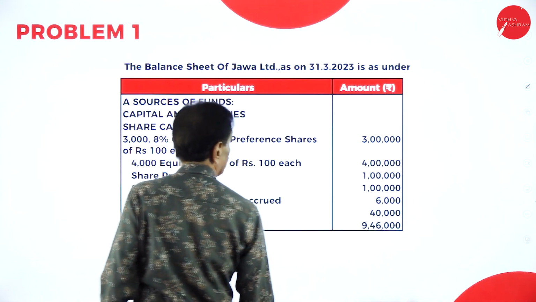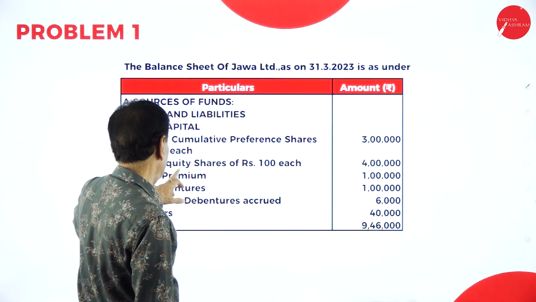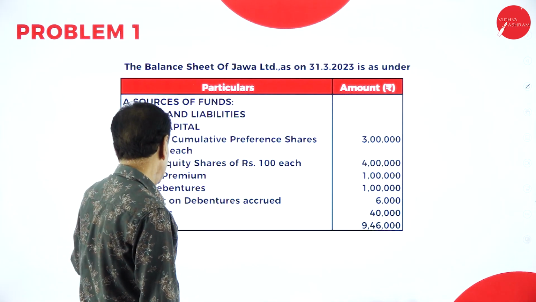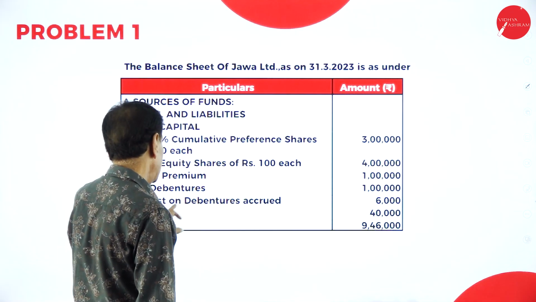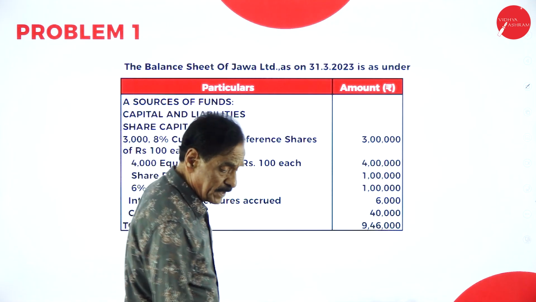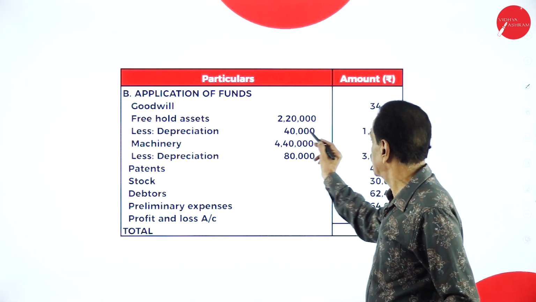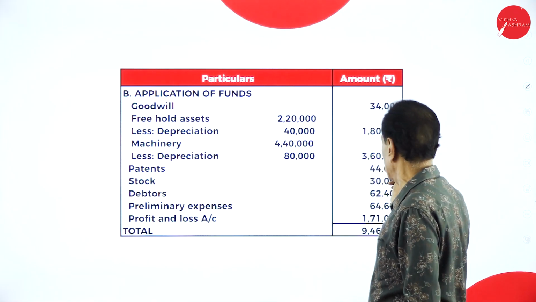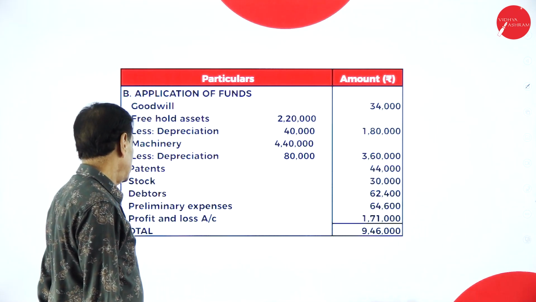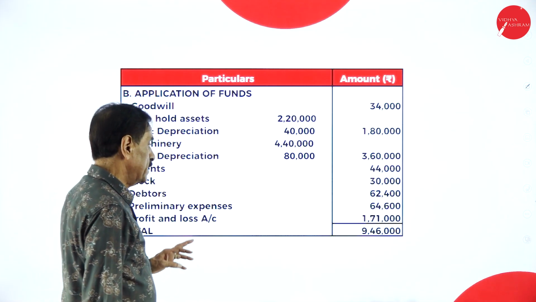The balance sheet of Java Limited on 31/3: 3,000 8% preference shares of rupees 100 each, 4,000 equity shares of 100 each, share premium 1 lakh, 6% debenture 1 lakh, interest on debenture accrued 6,000, creditor 40,000, totally 9,46,000. Your asset side: goodwill 34,000, freehold assets 1,80,000, machinery 3,60,000, patents 44,000, stock 30,000, debtor 64,000, preliminary expenses 64,000, profit and loss account, this is a loss,